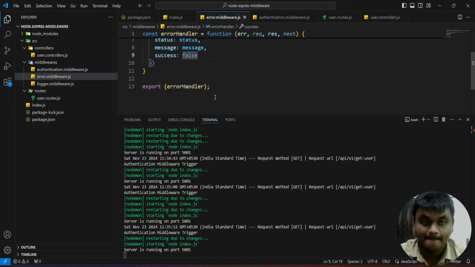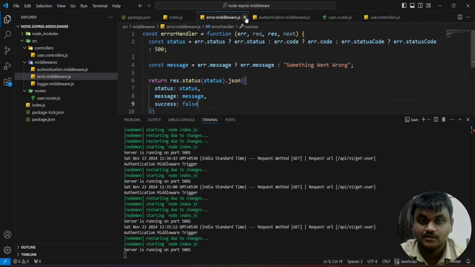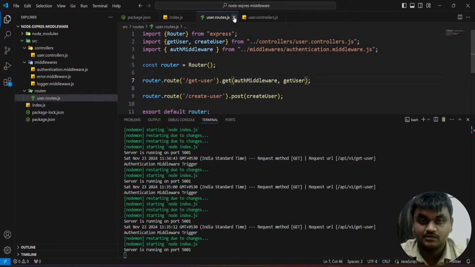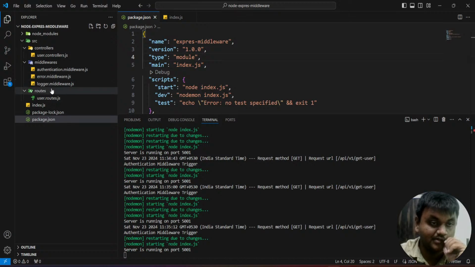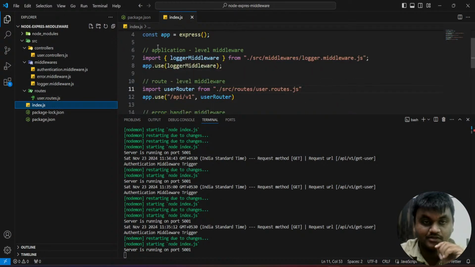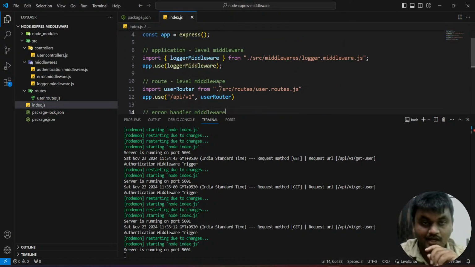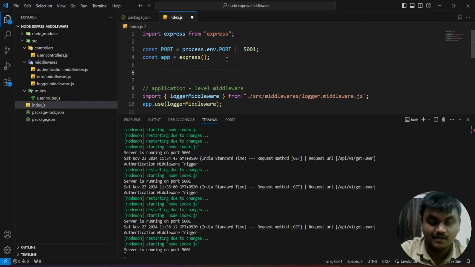You can remove this one, and this one, and this one. And one more: in my index.js, we have performed three things: application level middleware, route level middleware, and error handler middleware. And the fourth one is